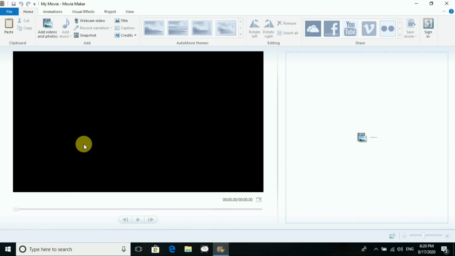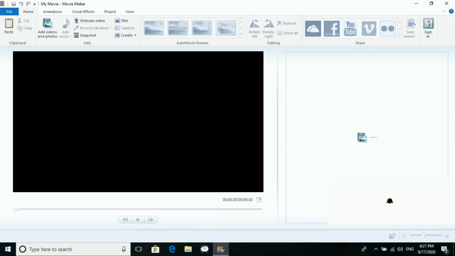Then we have the preview over here. If you want to see the preview, you can see it over here. We also have the timing, and if you want to see the preview in full screen, yes, you can see it there. And then we have the movie control panel to move previous, forward, and you can play. And here you have the zoom slider bar, right? And you can even change the thumbnail from here.